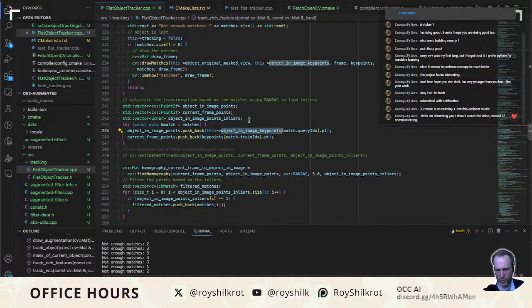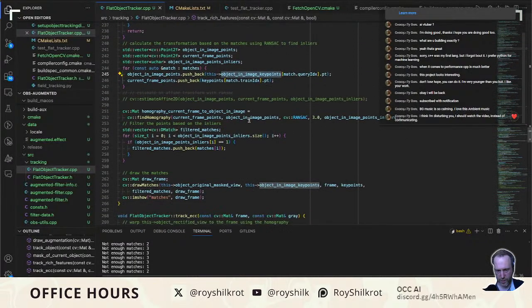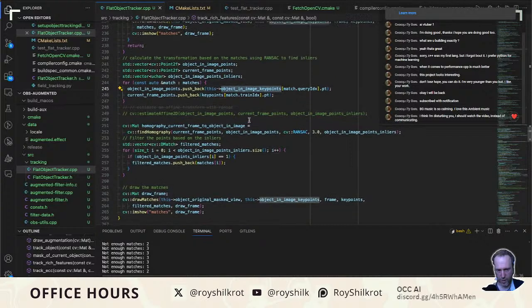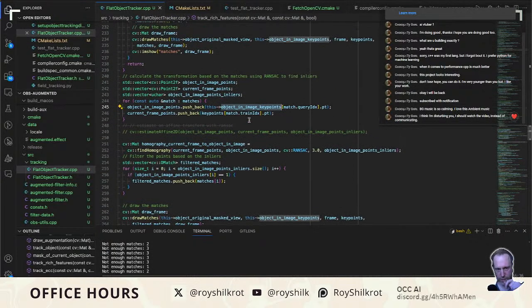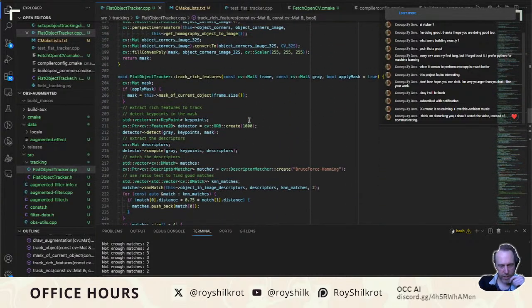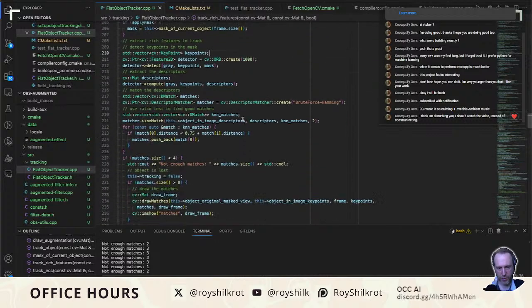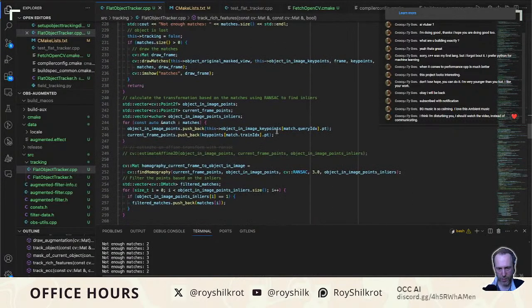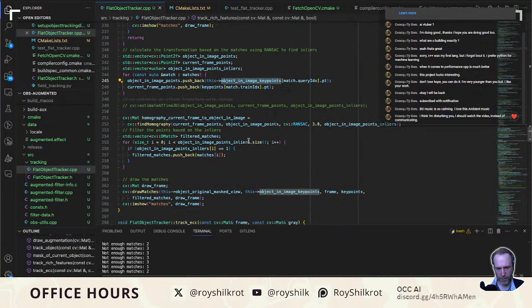And so I think we need to dump some of those as we progress, because not all of them are going to be good. Not all of them are going to be interesting, so we may want to dump a few of them. Object and image key points. Right, and for that, I think that